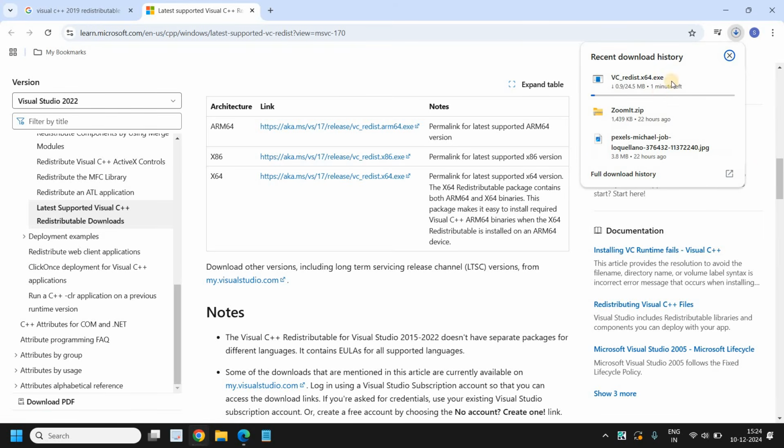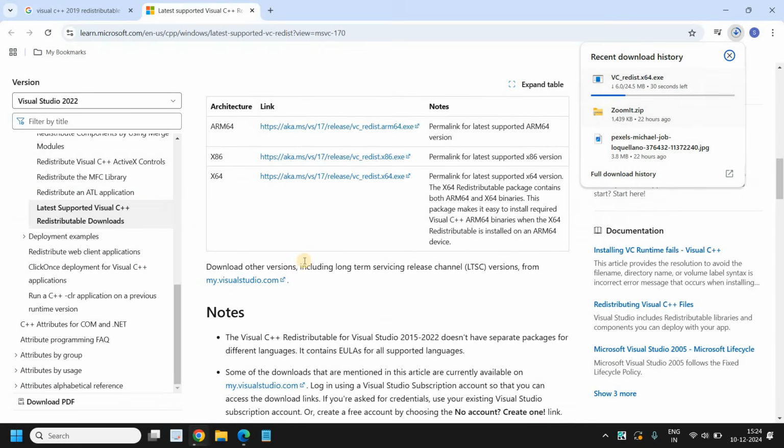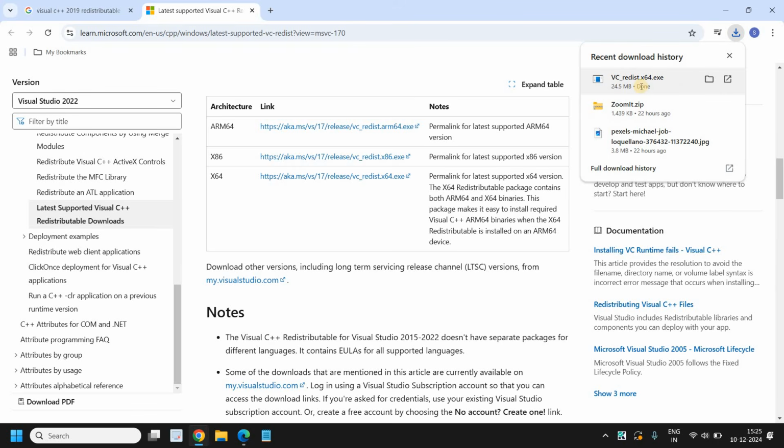And a small file will be downloaded. You can see it is a 24 MB file for C++ redistributable for Visual Studio. So it's only like 5 seconds remaining, and it's done. I'll click on open,